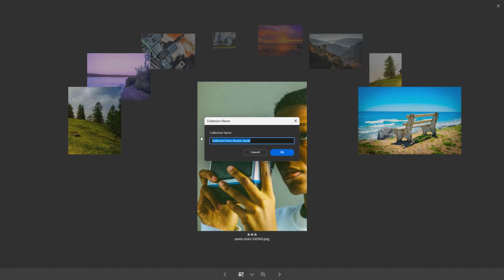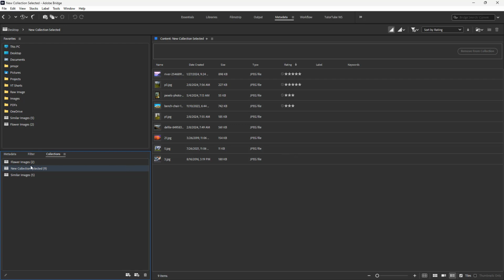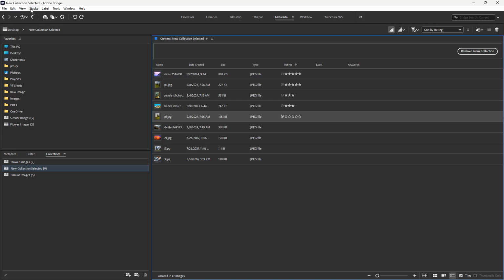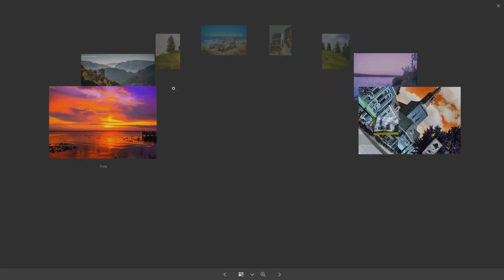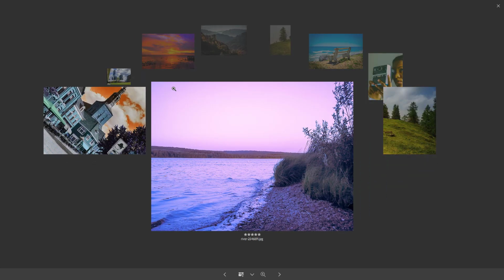So I'm just going to go around and say new collection selected, let's say, for example, and press OK, and that gets added into the collection, and you got the 9 images that you have selected in the carousel. So if I were to go around onto review mode, then this is what you have, as you can see, just like this. So that is how you can go ahead and then keep images in carousel as a collection,